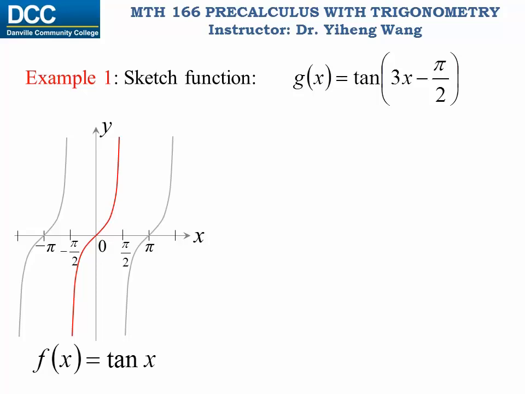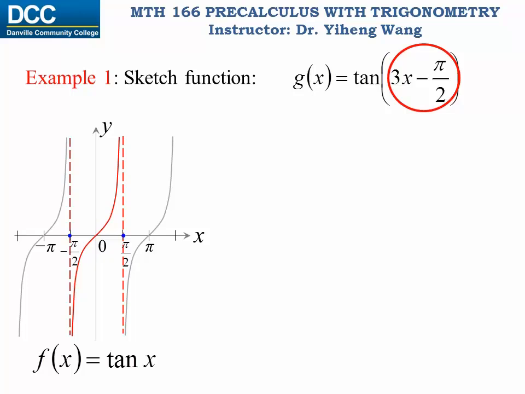Now, since this graph is periodic, we only need to graph one period because before or after this period, the graph simply repeats itself. Therefore, we recognize that for the parent tangent function, this period starts at x equals negative half a pi and it ends at x equals half a pi. Therefore, we want to find the start point and the end point for the first period for our new g(x)